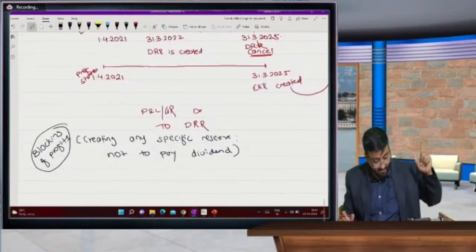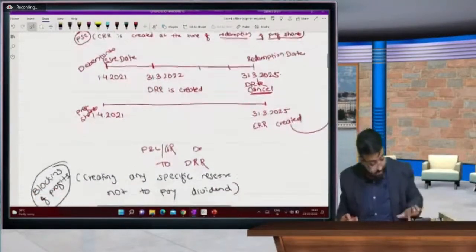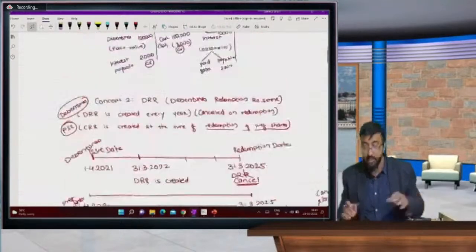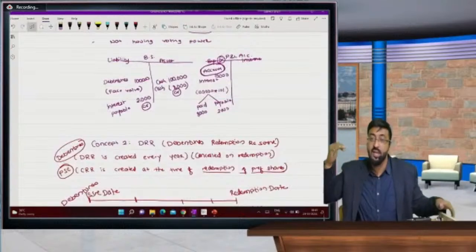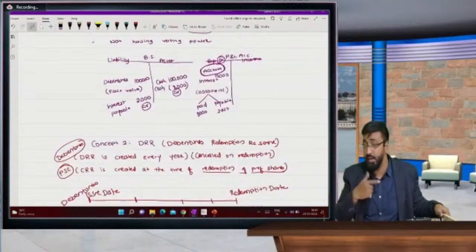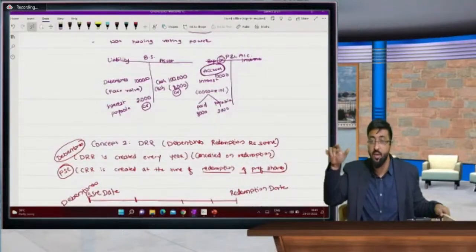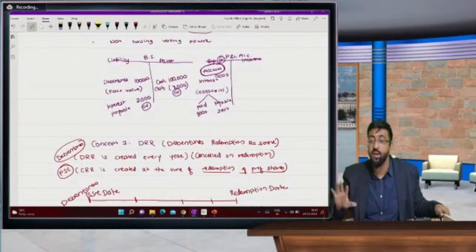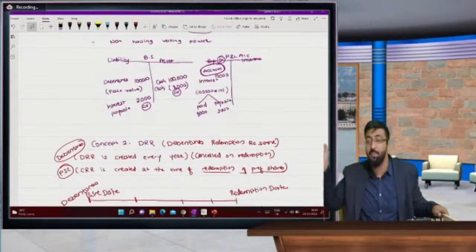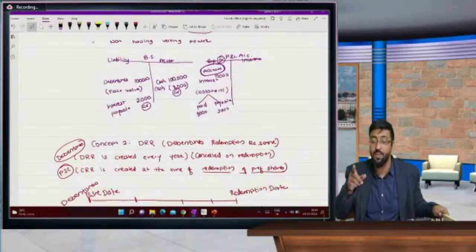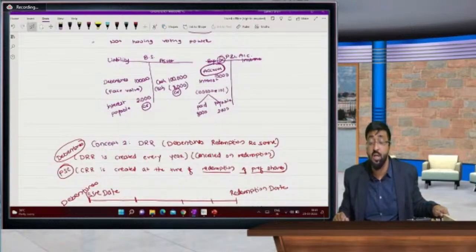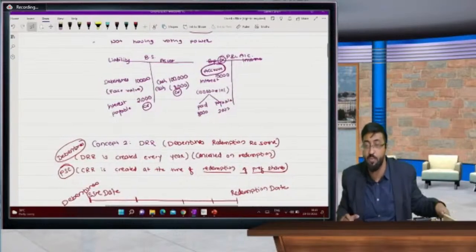Chalo. Now fast, beta. So what is the difference between CRR and DRR? Let's understand it quickly. Debentures is nothing but a liability. Now, quick revision. We are going to show it on the liability side: debentures on the liability side, 1 lakh on the issue date, and cash account on the asset side. Whenever you are issuing debentures, normally you are collecting bank balance. After that, every year you are going to pay interest. Interest is always based on the accrual concept, so interest will be reflected in the profit and loss account. Suppose it is 10,000 rupees and the P&L account is reflected by 10,000. But you are paying only 8,000, so interest payable will be on the liability side. This is very simple, sir, we understood it from 11-12 standard only.